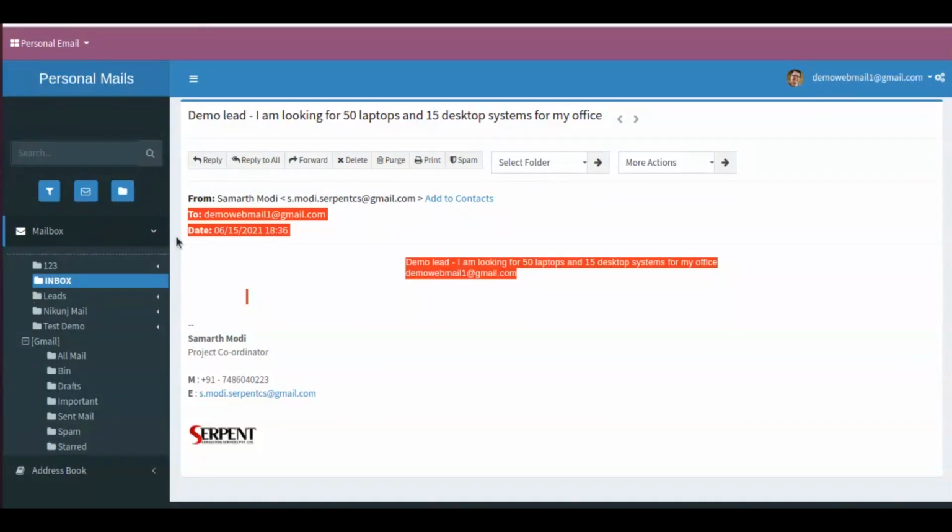If we want, we can simply reply to that mail using this. When we click on this reply button, it will open a new tab, and here all the details of your mail will be displayed with some formatting operations and CC and other details if they are to be added. Let's wait for opening that mail.